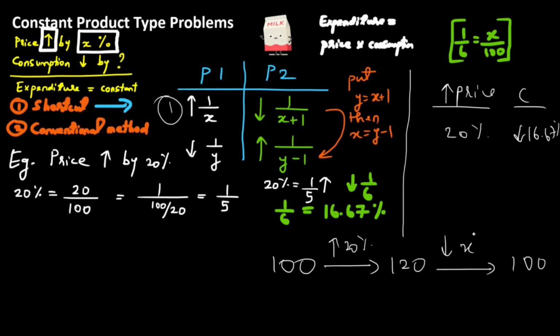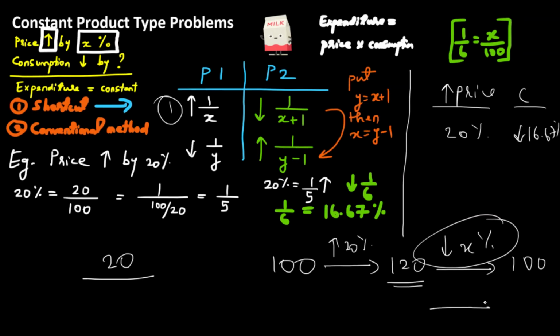So the percentage change, remember, is always change by initial value. The change is from 100 to 120, right? So that's 20. 120 minus 100 gives you 20. That's the change. So 20 by the initial value. So you're going in this direction, right? You're going in this direction. So the initial value is 120. So 20 by 120 also gives you 1 by 6, which is the same value that we got over here. That's also 16.67. All right.